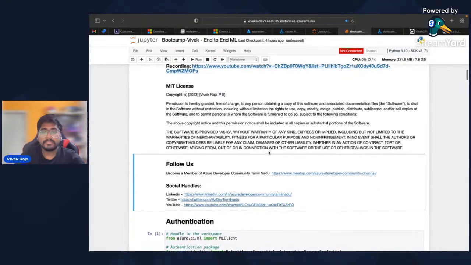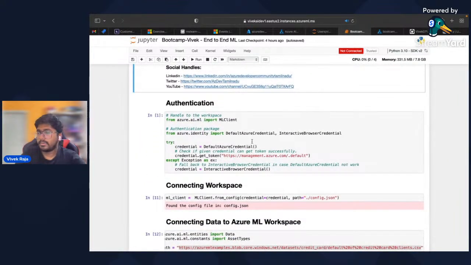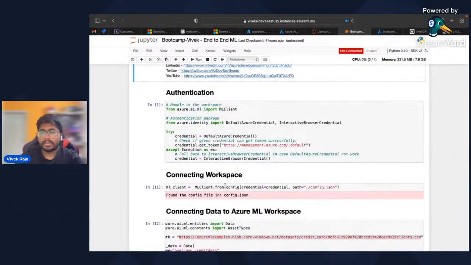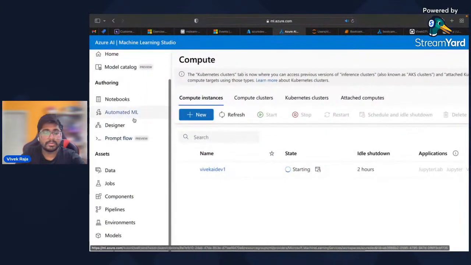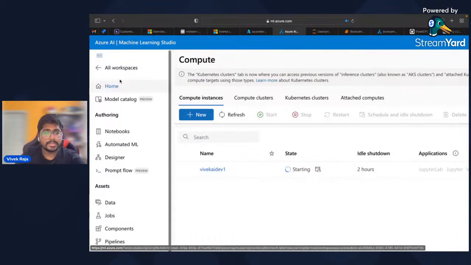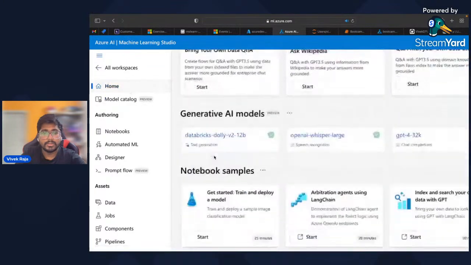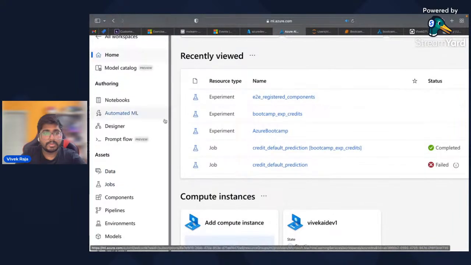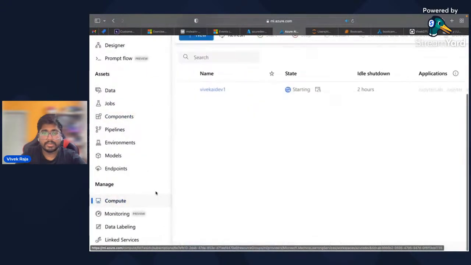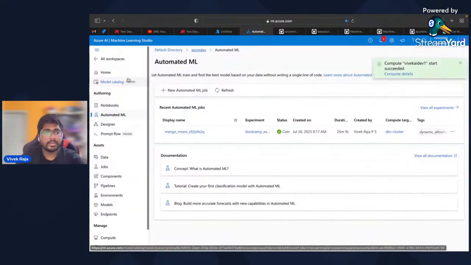Follow us, and the first few steps we already know. Authentication. So you have something called a Workspace. You need to authenticate it, and then you connect your ML client to that from the configuration file. I haven't shown that yesterday properly. I think I forgot to work on that. So on your workspace, if you go to your workspace and you go to your home, yep, I'll just show you the config file where you can download it. Sorry, let me go back here.